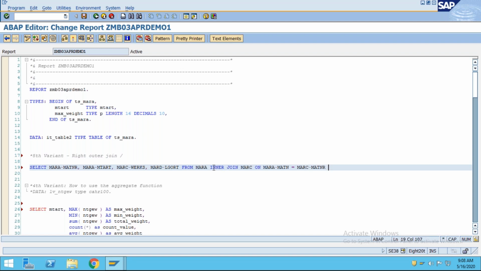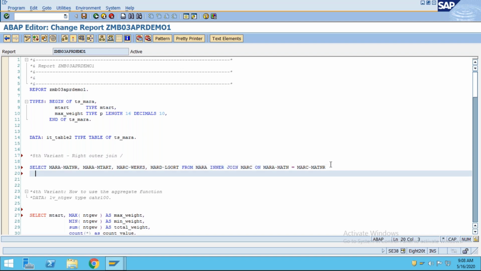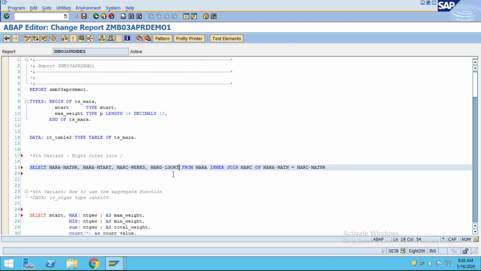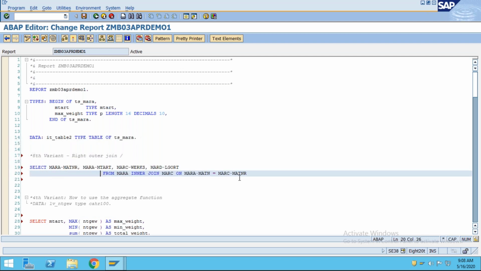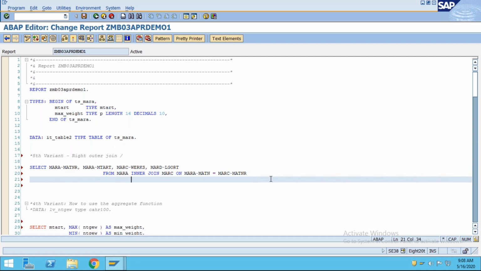And see here, inner join MARA and MARC, I have put a single inner join between two tables. Again, another inner join I want to put, so simply you have to write over here. Again, the second inner join MARD, because MARA and MARC I have already done.